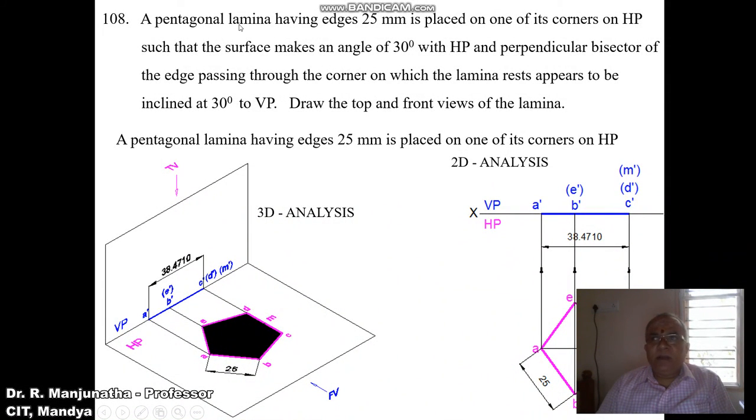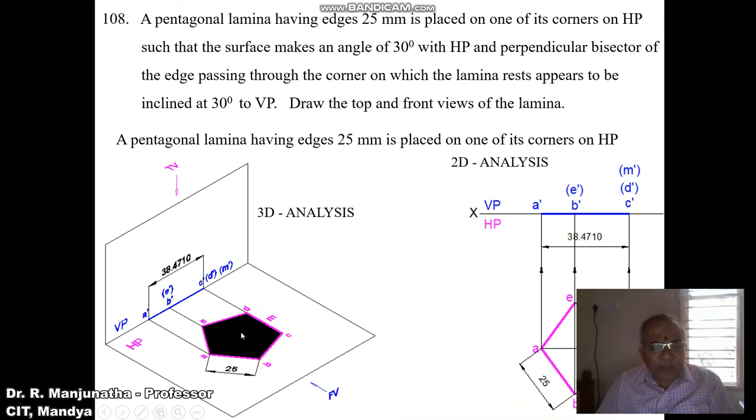Since it is a pentagon, having an odd number of sides, the corner opposite will always be an edge, whether it is resting on a corner, or on the base or the side. Always the side should be perpendicular to VP. So he says one of its corners on HP such that the surface makes an angle of 30 degrees with HP. So obviously, since the surface makes an angle of 30 degrees with HP,